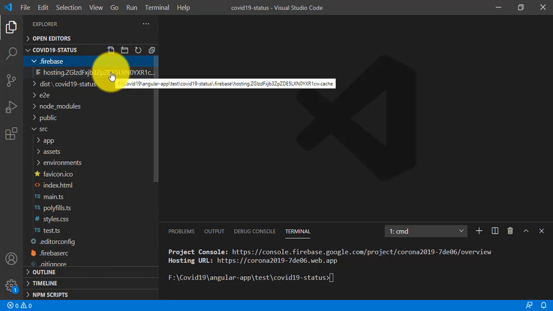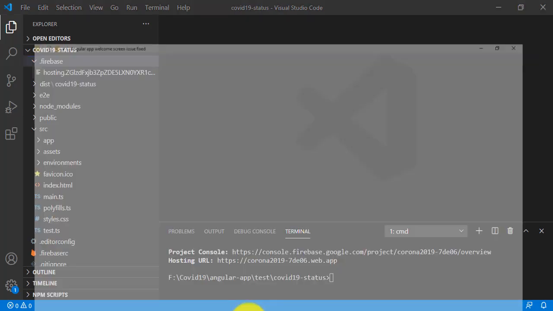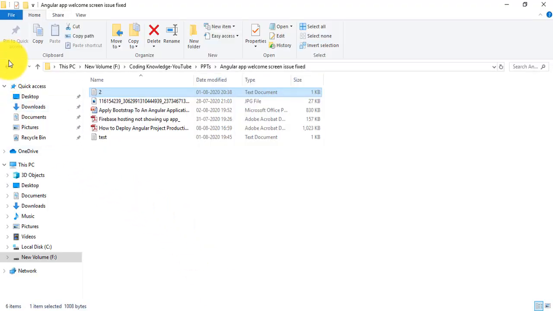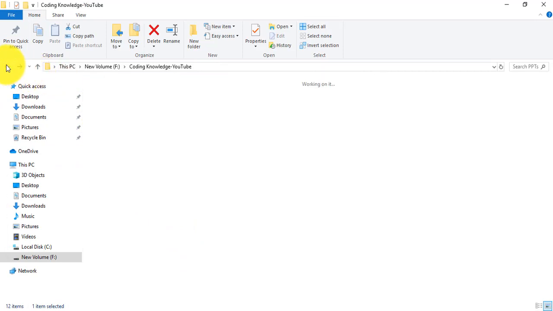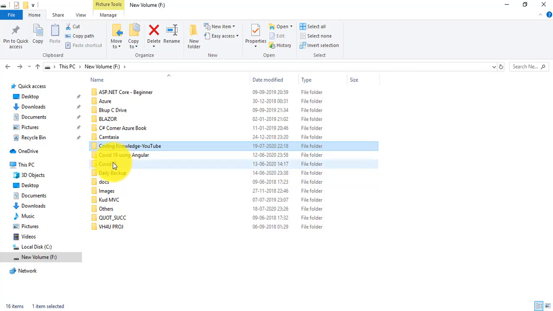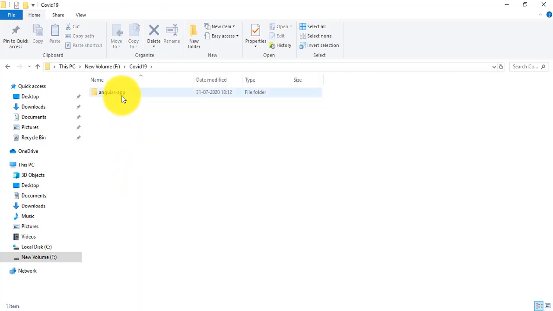And if you want to check the directory of your deployed app, go to my path here, go to COVID-19, the Angular app and test COVID-19 status.